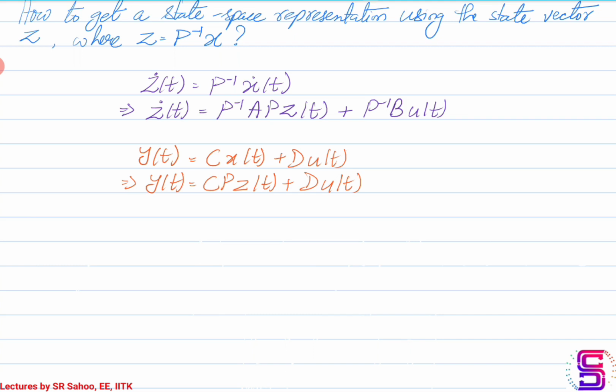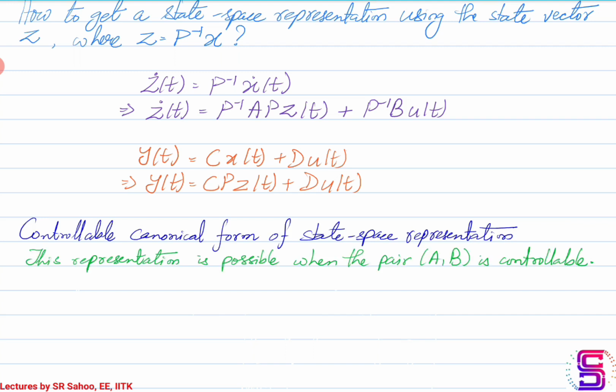Okay. Now, armed with this knowledge, we'll proceed with a special form known as the controllable canonical form, where given any state space representation for a controllable linear time invariant system, we will transform it to this special controllable canonical form using an invertible matrix P. So we'll see what that matrix P is.